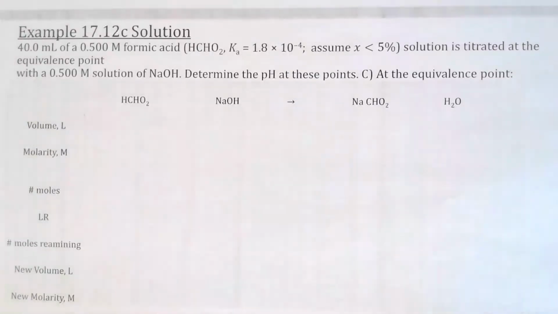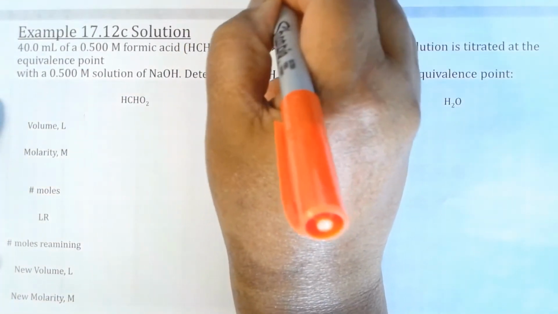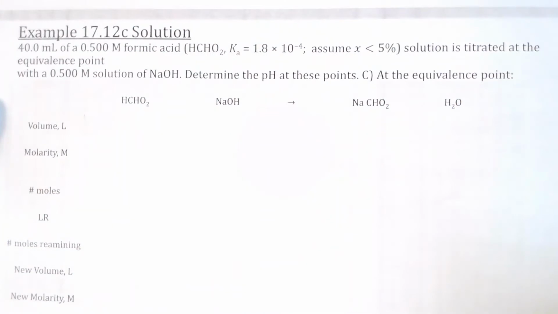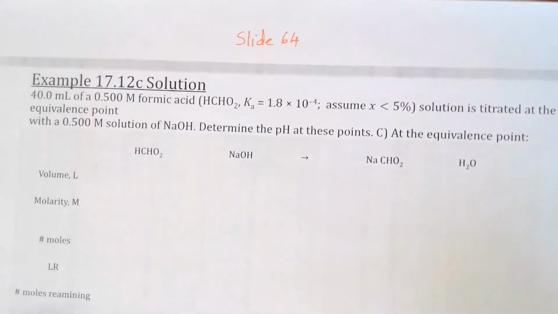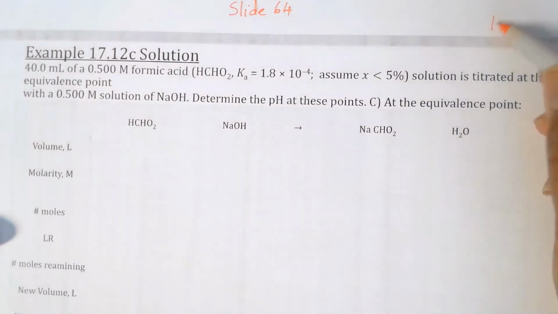Alright, we are on to part C of the titration curve. And by the way, this is slide 64. I'll bring it down so you can see it. There you go. It's the same titration, so we're going to have the same flask, but we're going